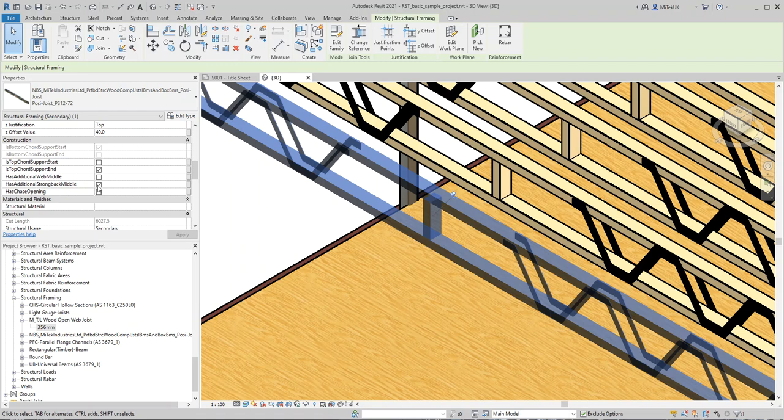So I could, for example, uncheck the has additional strong back in the middle to remove that middle vertical,